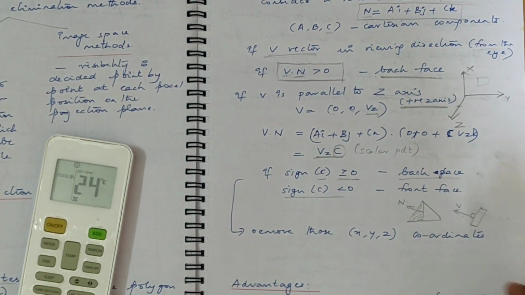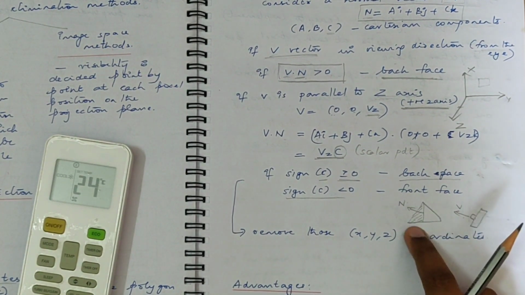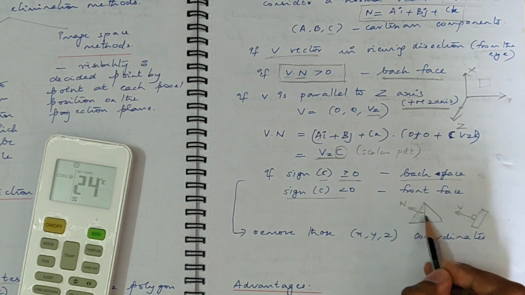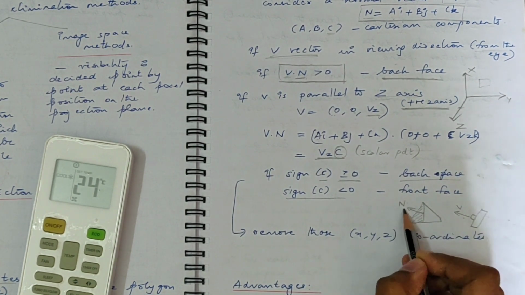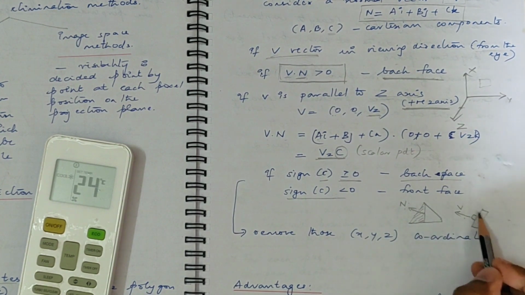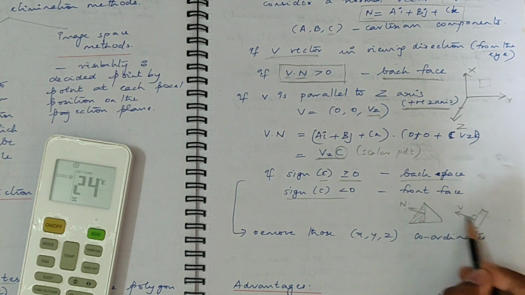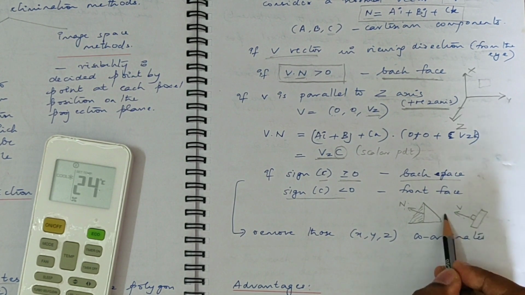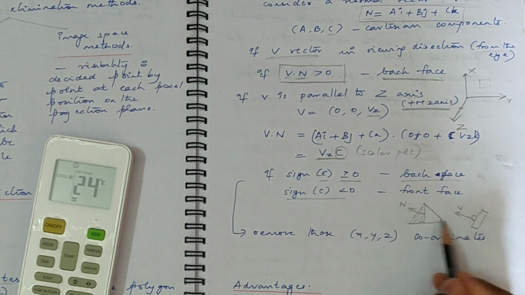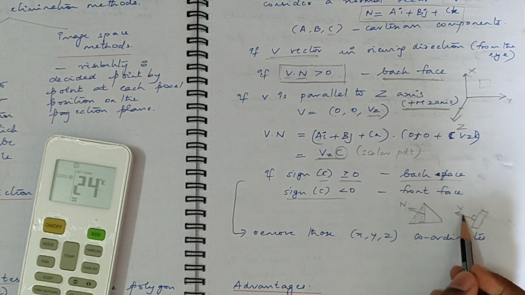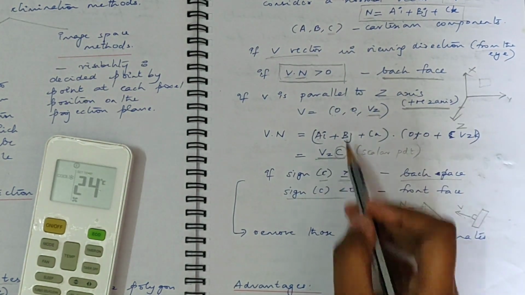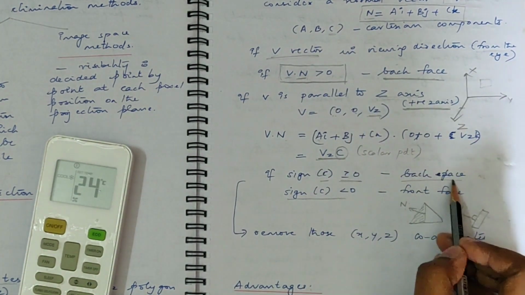You can see that here you have a simple pyramid object. Suppose this is a back face that you have, and this is a normal vector, a point from the face. If this is a camera, you're viewing along the z-axis, and this is the view vector. You can see that both of them are in the same direction: V is this way and n is also this way. So when you take the dot product, you will get a value greater than 0. If it is greater than 0, then you say that it is a back face.